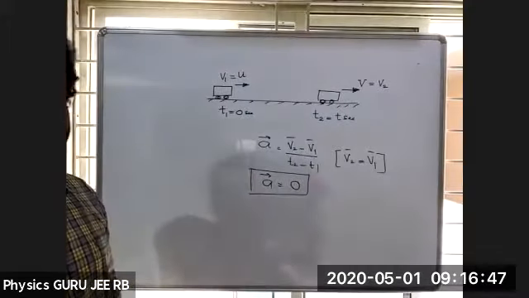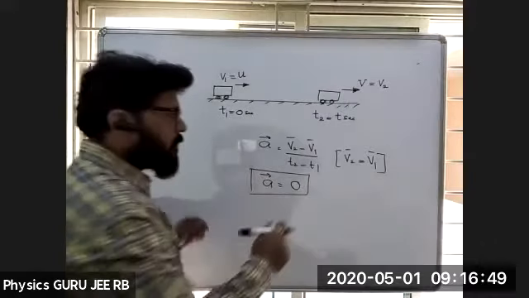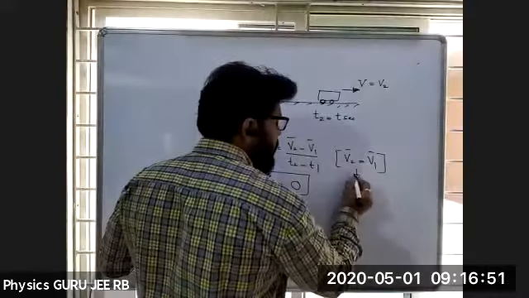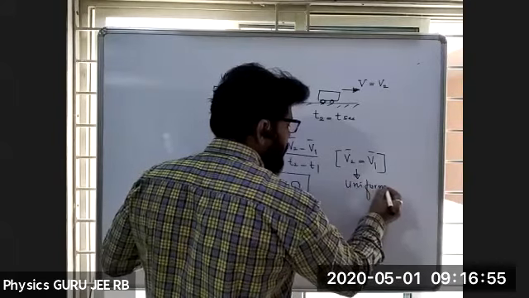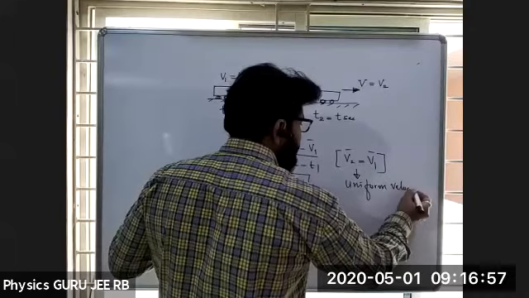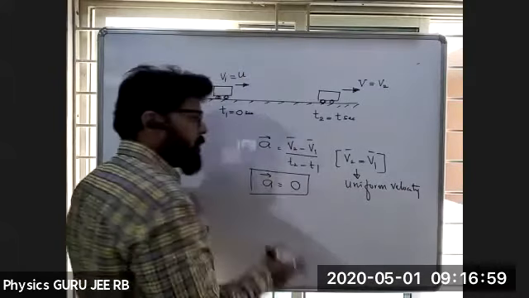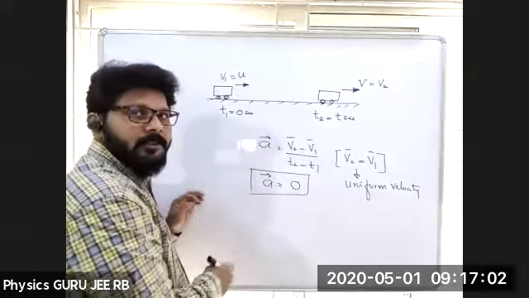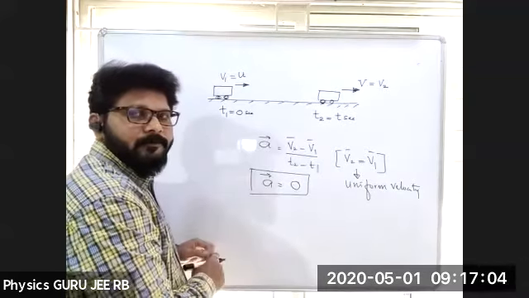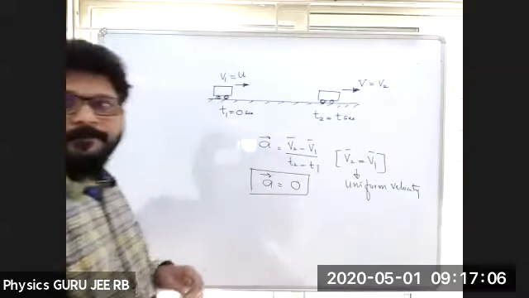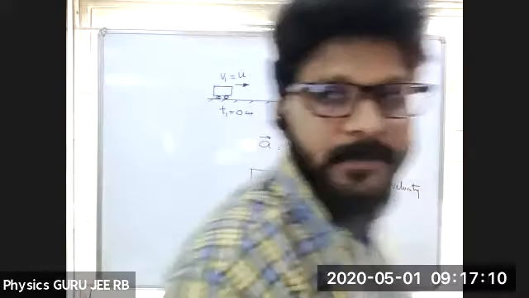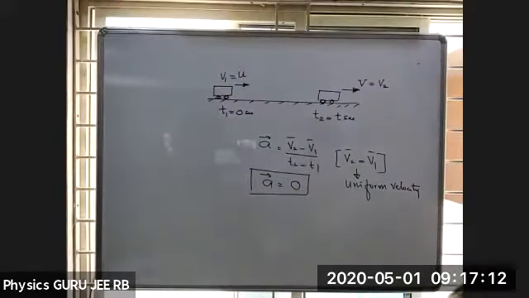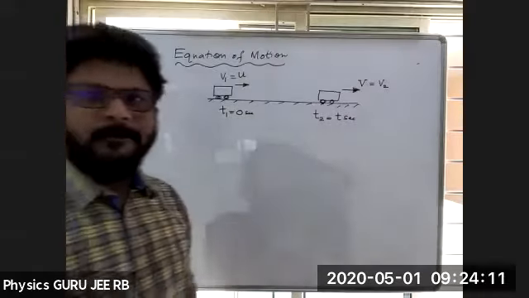So you got it. For uniform velocity, what do you call it? This is nothing but uniform velocity. When the body is in uniform velocity, acceleration of it is 0. Is it clear, this one? All of you? Hope it is clear till this point. So still if you have any questions, yeah.